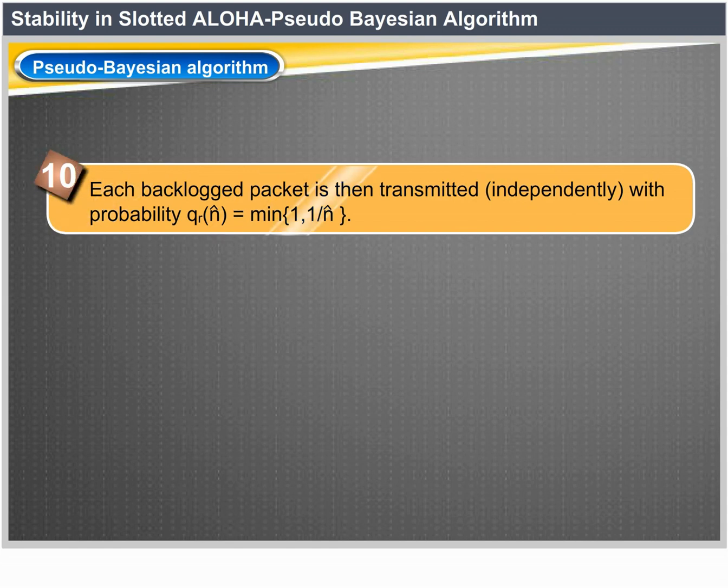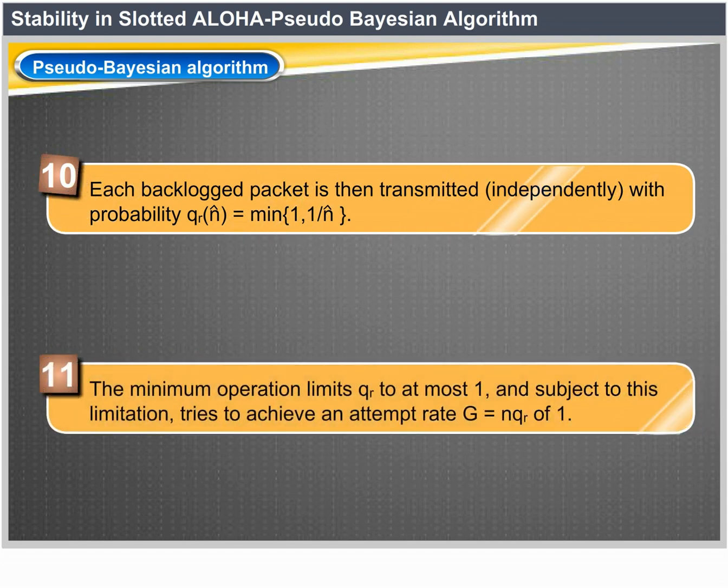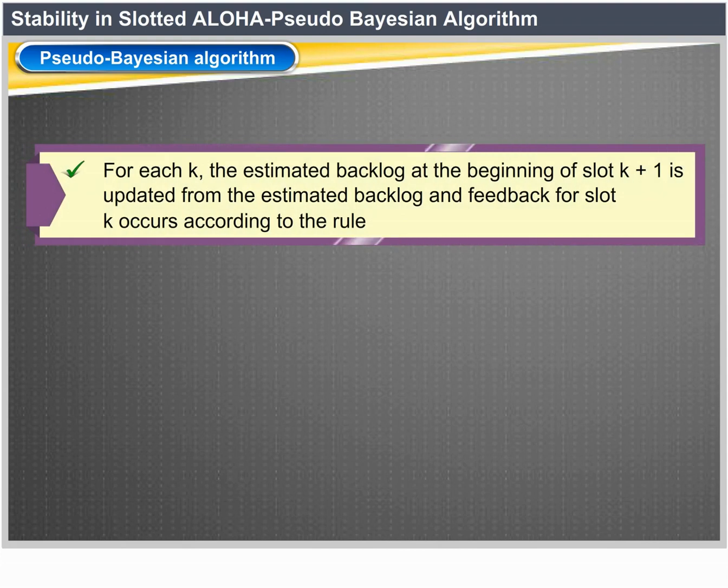The minimum operation limits q_r to at most 1, and subject to this limitation tries to achieve an attempt rate g = n q_r of 1. For each k, the estimated backlog at the beginning of slot k+1 is updated from the estimated backlog and feedback for slot k according to the rule